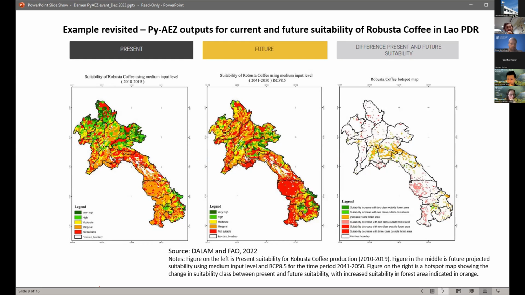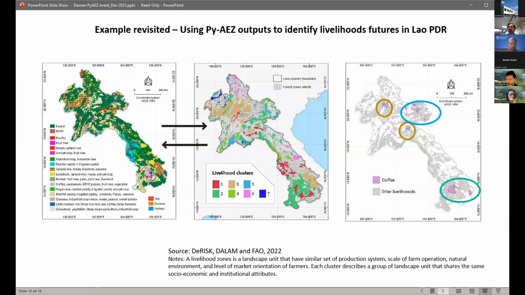This analysis is then being used by the government, combined with another process we were undertaking in partnership with CIAT in Laos to understand the different livelihood zones in the country, and how shifts in the suitability of different crops match up with current livelihood activities across the country and the adaptive capacity of different communities given a certain agricultural system.